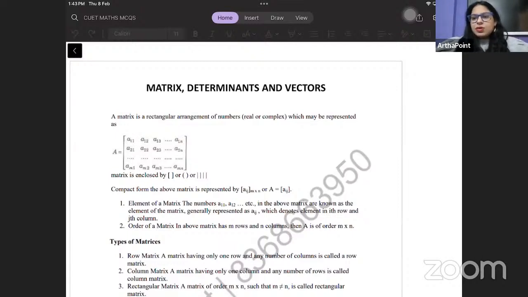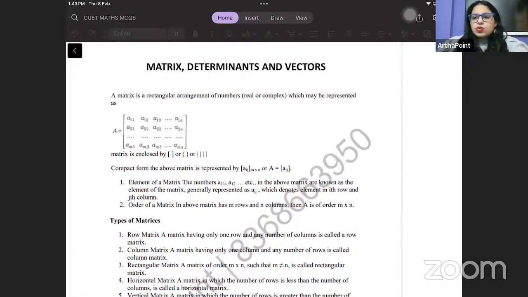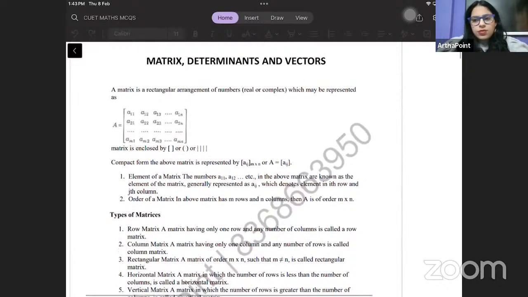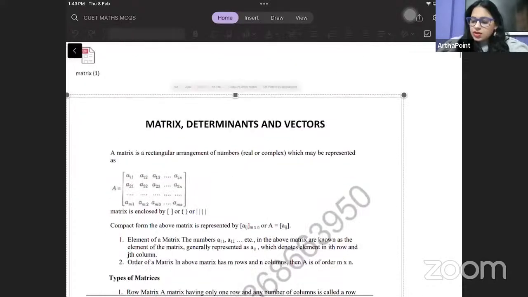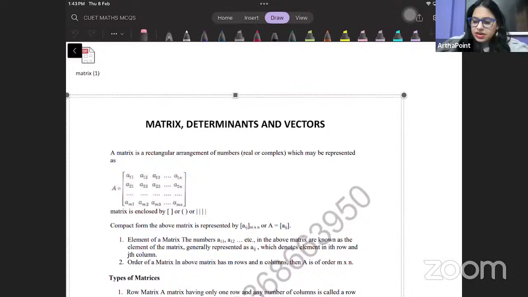Hello, good afternoon, everyone. Beta, today we are beginning with one of the most important topics, which is matrices. बहुत important है. And there is a very high chance that you will get at least 1 to 2 questions from this topic from the point of view of maths. Now, when I talk about matrices,